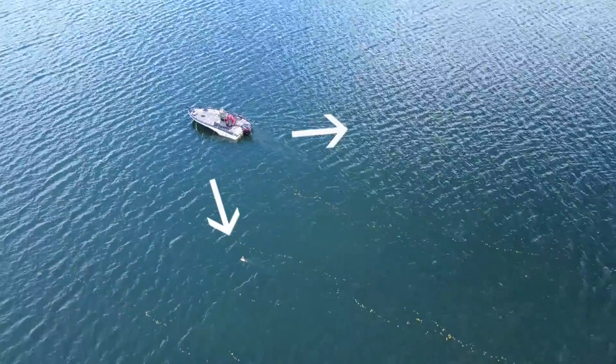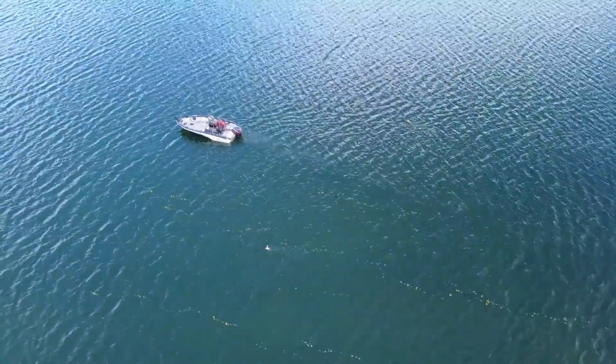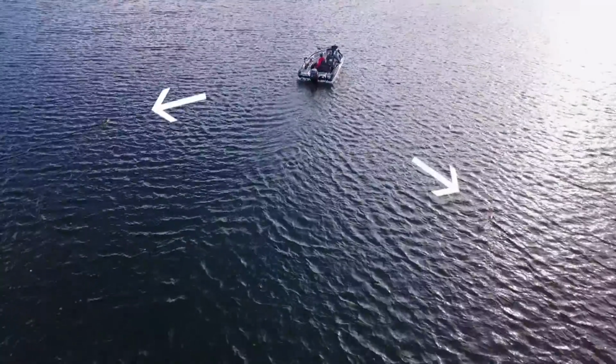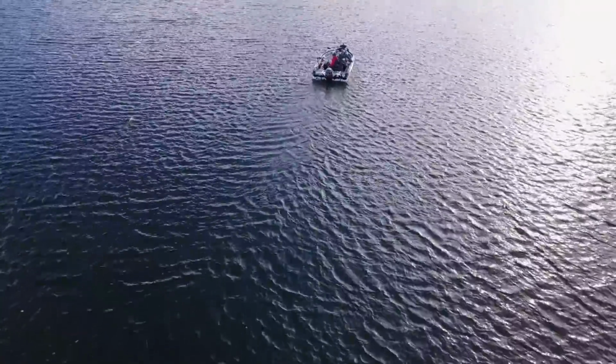Planer boards don't get a lot of use in Minnesota because Minnesota is a one-line state. However, it does have an application in our state, and that's what I talked about before. It allows us to get the bait out away from the boat, so now we're presenting baits in clear water without taking the boat right over top of the bait, and that can really be an advantage. Another thing that planer boards allow